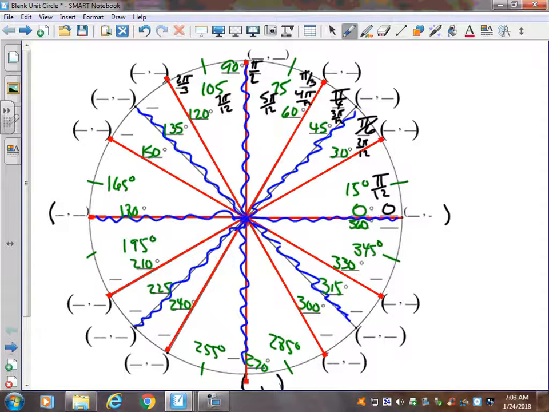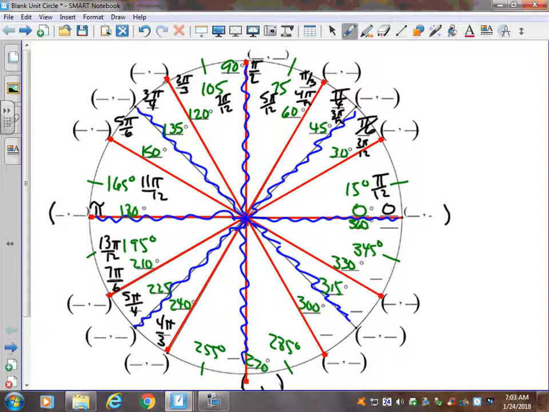9 over 12 reduces to 3/4 pi. 10 over 12 reduces to 5 pi over 6. 11 pi over 12. And then 12/12 is pi. So you just keep going around your unit circle, adding up your twelfths. So 13 twelfths, 14 twelfths is 7 pi over 6, 15 twelfths is 5 pi over 4, and the next one is going to be 4 pi over 3,